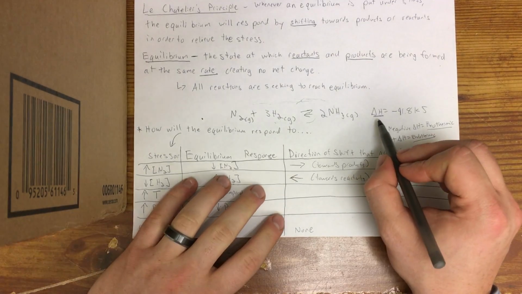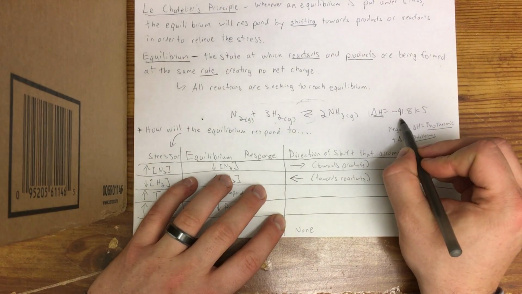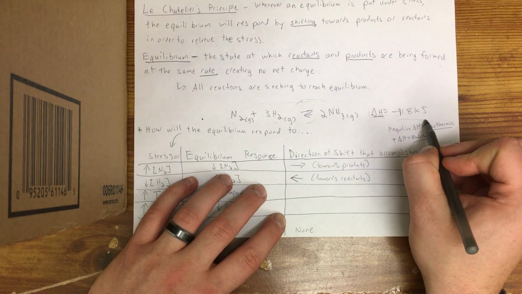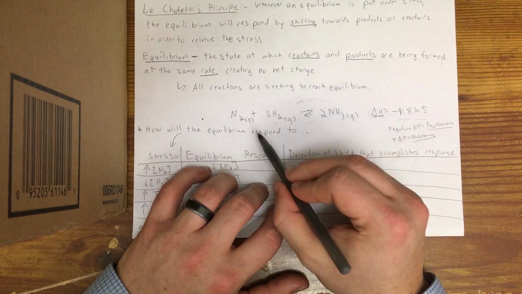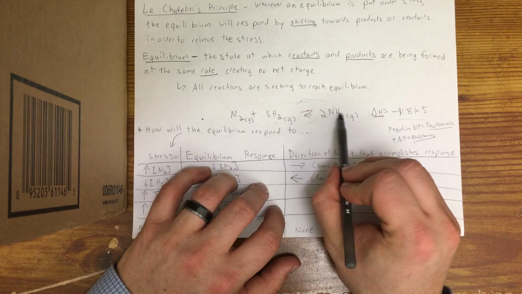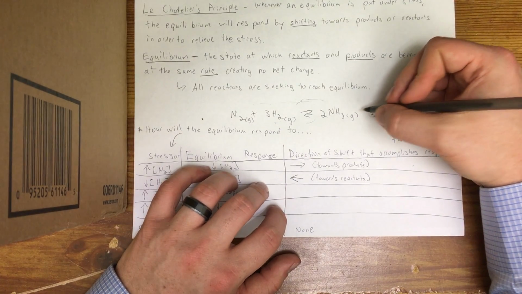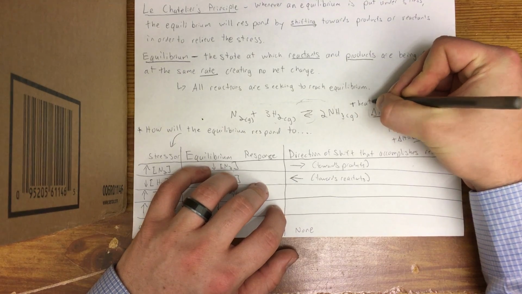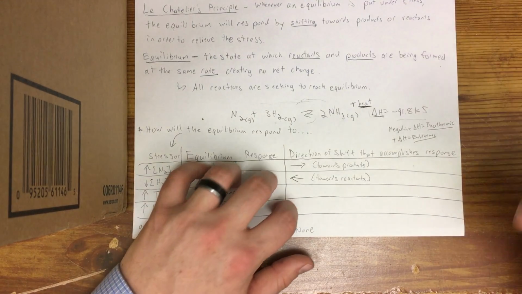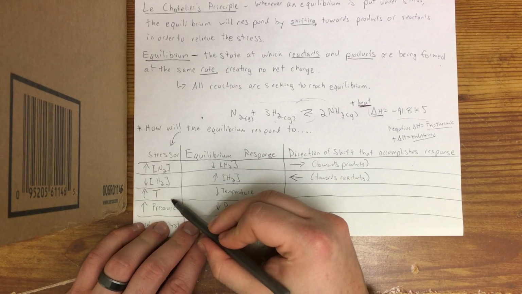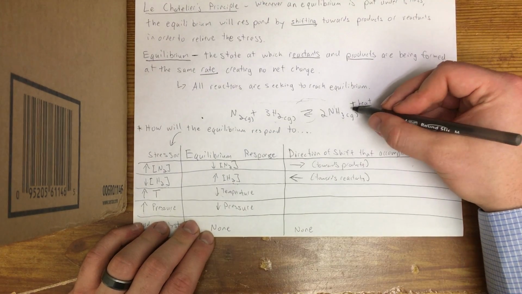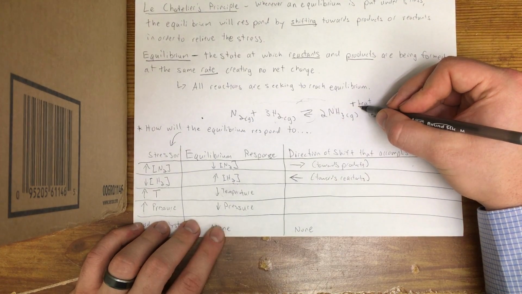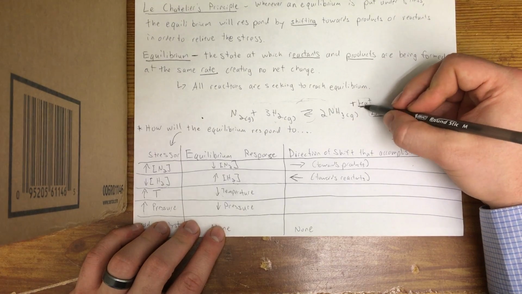So, in this case, we look at this and we're given a delta H value of negative 91.8 kilojoules. That means every time we go through this reaction once, we create 91.8 kilojoules of energy on this side. So we're making heat on this side of the reaction. Whenever we're given a problem involving temperature, it's important that we figure out on which side of the reaction heat goes. So if heat is on this side,